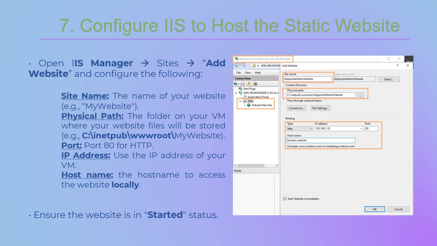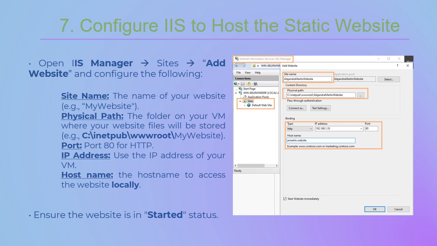And as we can see here, we have to enter the name of our website, the folder in which the files are stored, the port that is used for HTTP, which is port 80 by default.